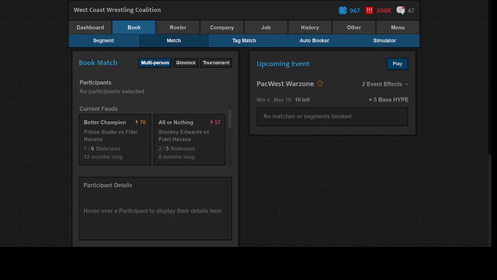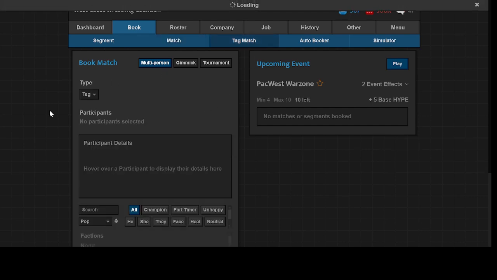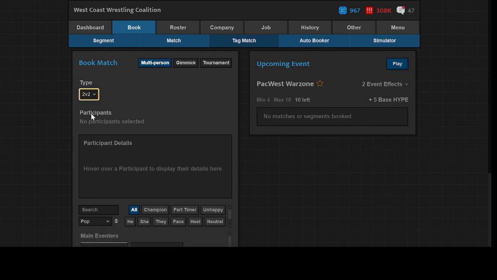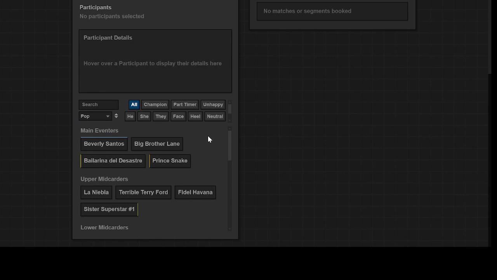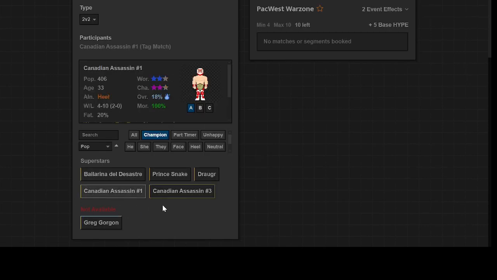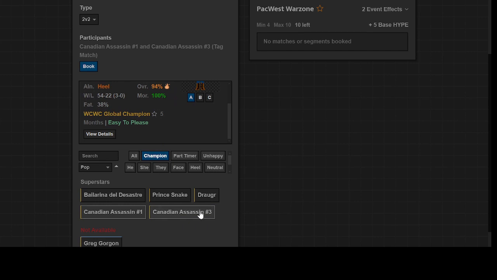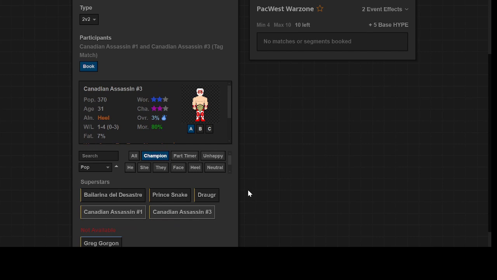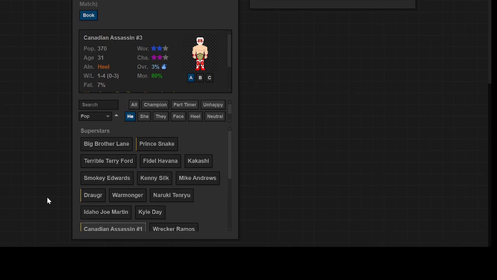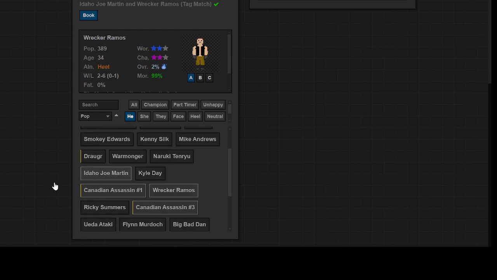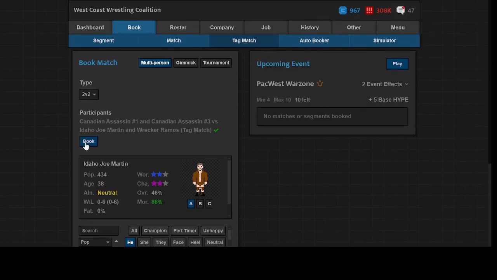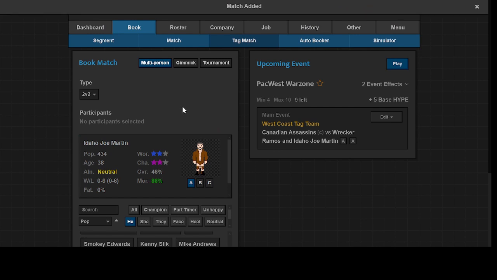Another thing I should have mentioned previously is about tag team matches. If you happen to go into 2 versus 2 or 2 versus 3, etc., if you book 2 individuals in a tag team match and have them win a championship title, I see the West Coast Tag Team Champions held by the Canadian Assassins, number 1 and 3, because WCWC is cheap. If you're going to book a couple of individuals to fight them and they were to win, they would become a permanent tag team. I'll demonstrate that after I've gone through all the other booking materials,